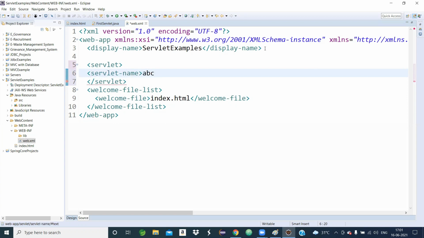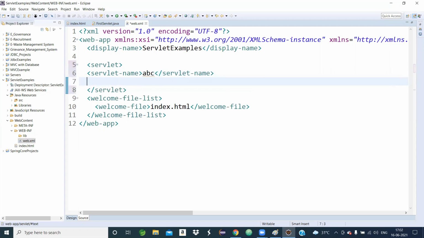Whatever you give, suppose I give ABC. Once you start a tag, you have to end it. So in servlet begin and servlet end, servlet name is a sub tag. Then your servlet class name, the servlet class.